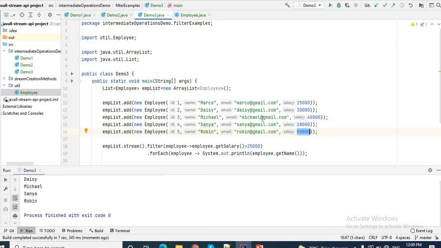Okay. So up to this, it will return us a stream because we convert this employee list to a stream. Then we use the intermediate operation filter, then filter out the employees which have a salary greater than 25,000. So after this, the stream is converted to another stream. Then we use this forEach, which is a terminal operation, to print all the names of employees which have a salary greater than 25,000. So this is the terminal operator. Clear? So hope you understand how we can use the filter method in a stream.